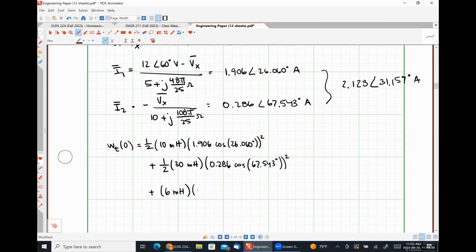My bad. 1.906. This is what happens when six cosine 67.543 degrees. Close the